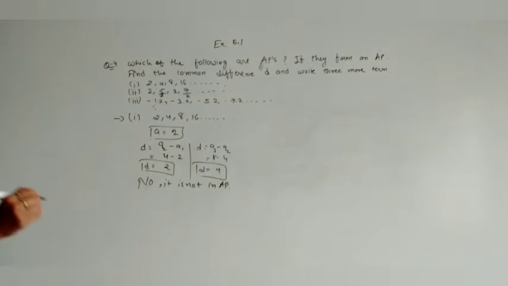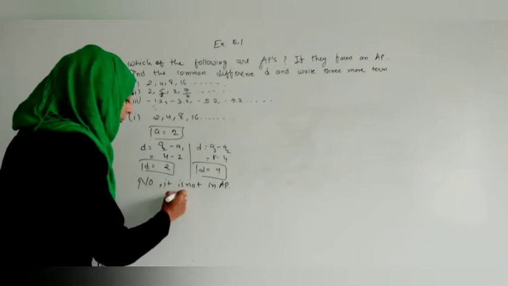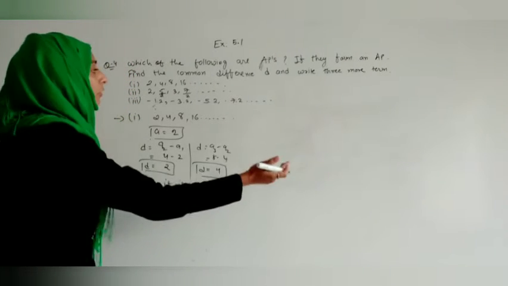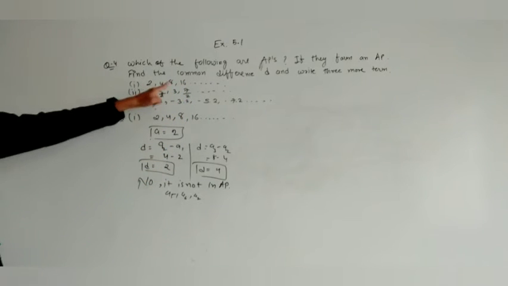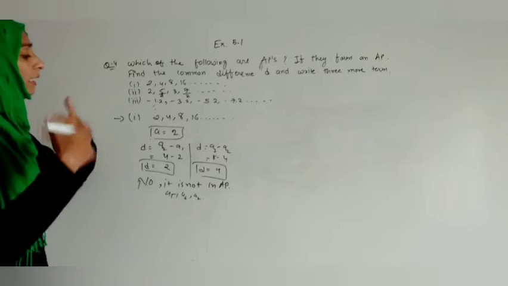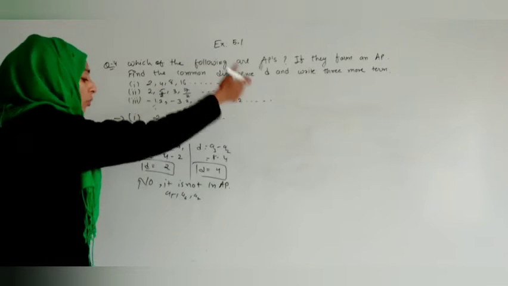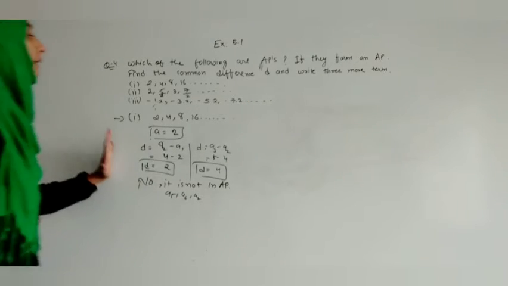Okay, and if this is not in AP at all, then we should not find 3 more terms. Why are we not finding A5, A6 and A7? Because we don't know the difference, we can't predict, because between 16 and 8 the difference is coming as 8. So it is difference of 8. So we don't know how much the difference will be next, so we can't add more, so we can't find more terms. So that's why if it is not in AP, we will not take the question further.